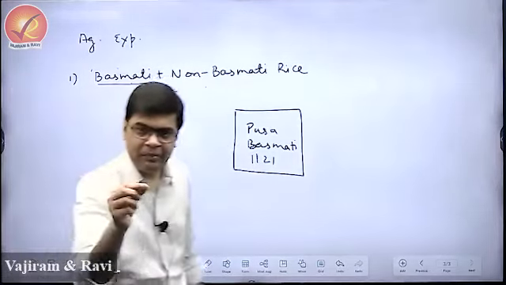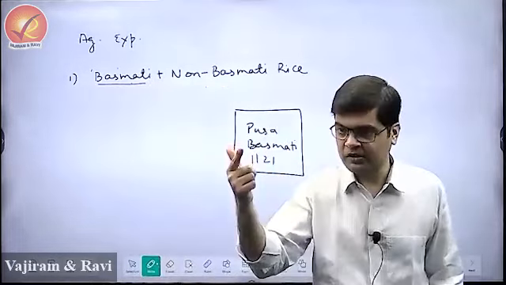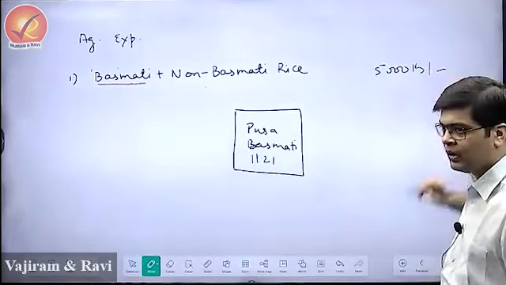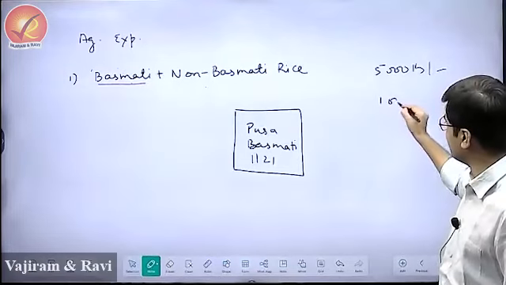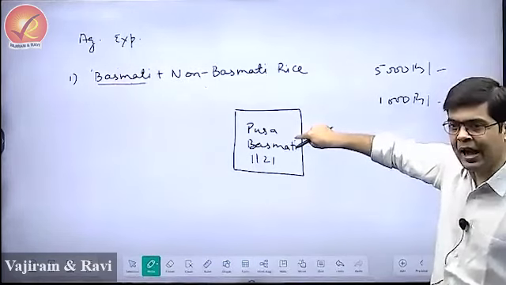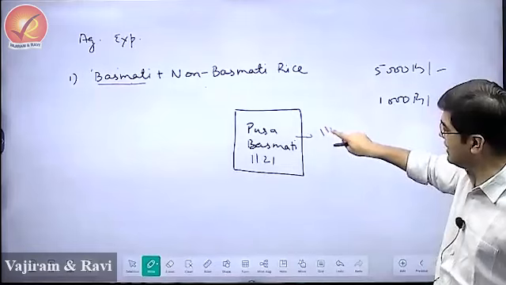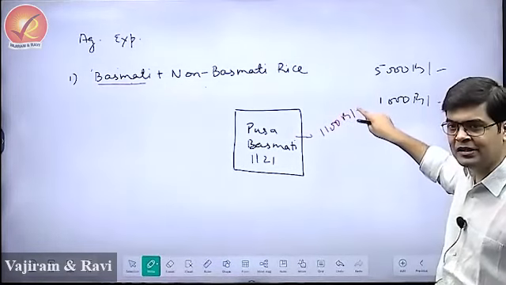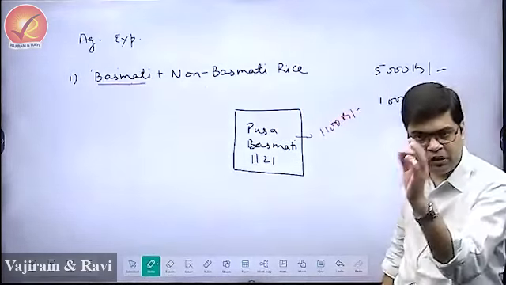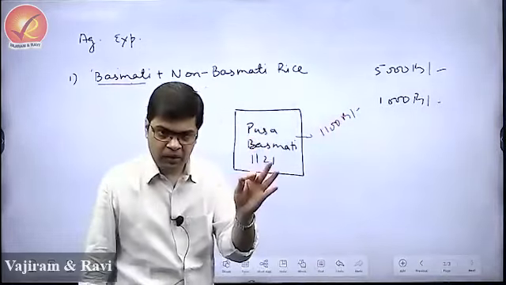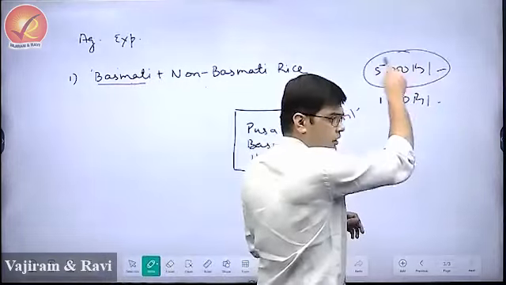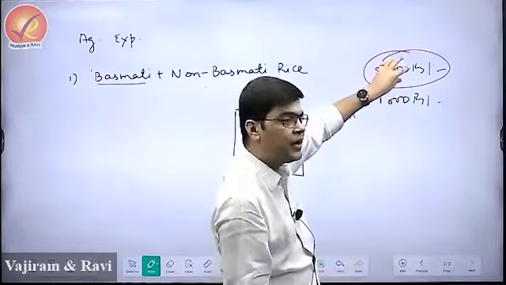For this, the government came up with a system of minimum export price. Price of basmati is, let's say, 5,000 rupees a bag. Price of non-basmati is, let's say, 1,000 rupees a bag. So if you have printed Pusa Basmati 1121 and you are exporting it at a rate of, let's say, 1,100 rupees a bag, can I say then it has to be non-basmati, because basmati cannot be exported at this low rate? So the government imposed a minimum export price, and the government said that the minimum export price, let's say, is 5,000. Hypothetical figure.